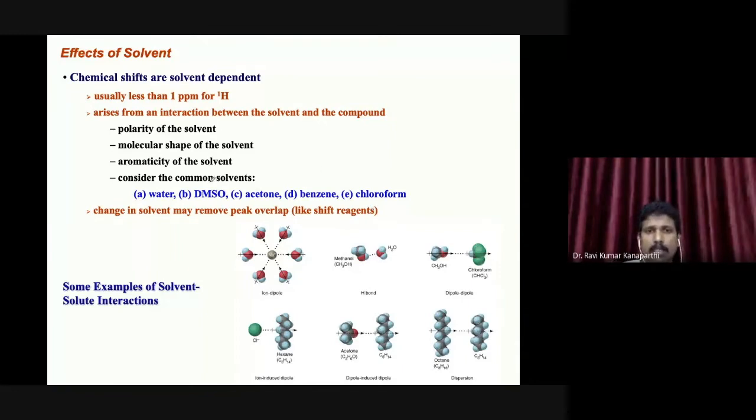Just imagine that we are interested in recording the ethanol spectrum in these 5 solvents. Now ideally, ethanol is ethanol, and we are recording the NMR spectrum of ethanol in different solvents. So the chemical shift value of an OH proton in ethanol should not vary, right? Ideally that is what should happen, but because all these solvents are different, the ethanol molecule is interacting differently with these solvents.